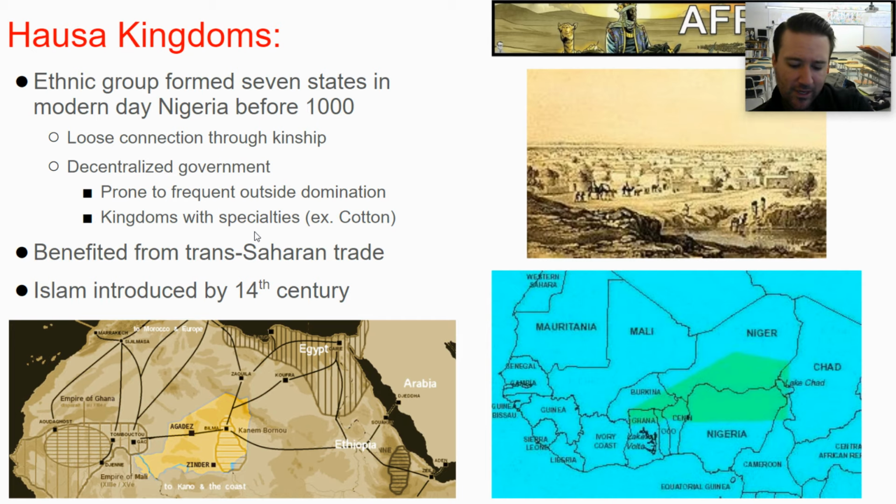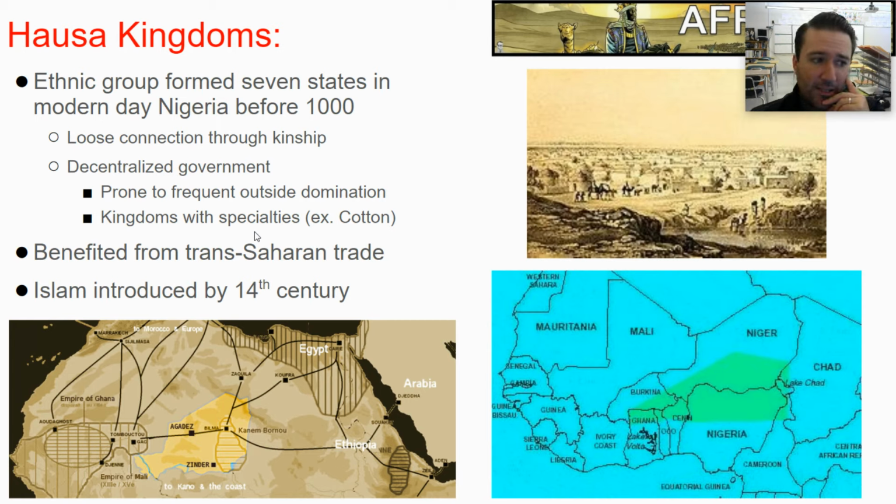So the first one is the Hausa Kingdoms. The Hausa are basically an ethnic group made up of 7 different states that are found mostly in modern-day Nigeria. And using that kin-based network, they've created these kingdoms amongst themselves. So it's extremely decentralized government. Even though they are culturally and language-wise very connected to each other, politically they are not. They are kingdoms that sometimes will compete over resources and also over trade,